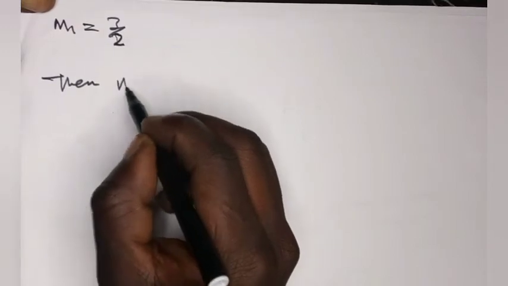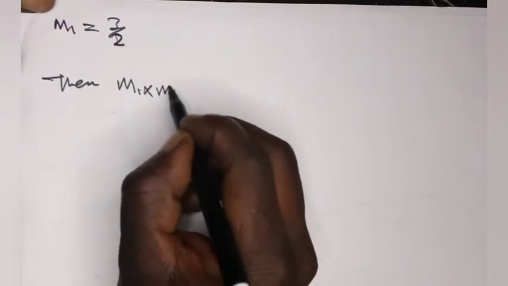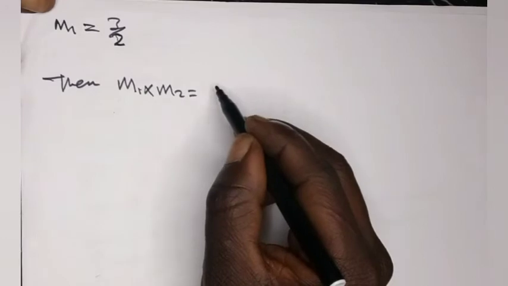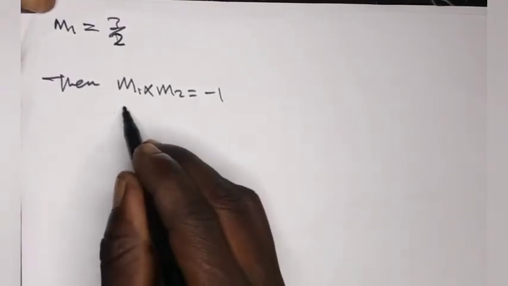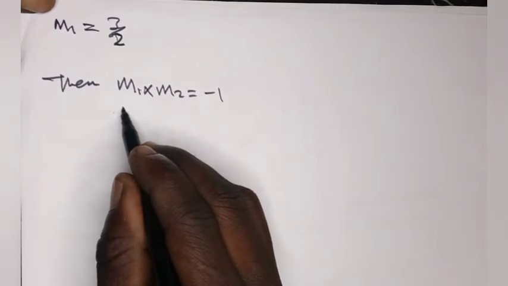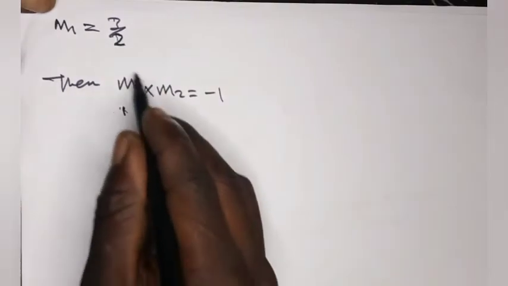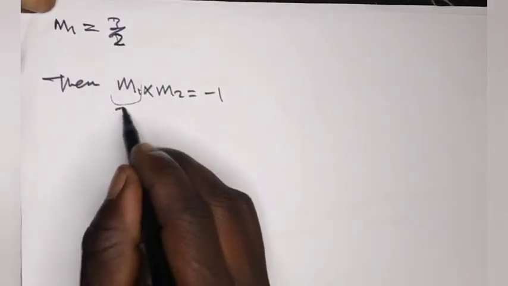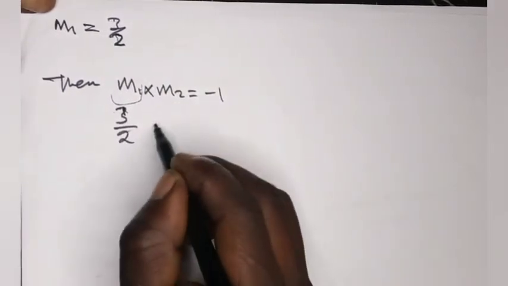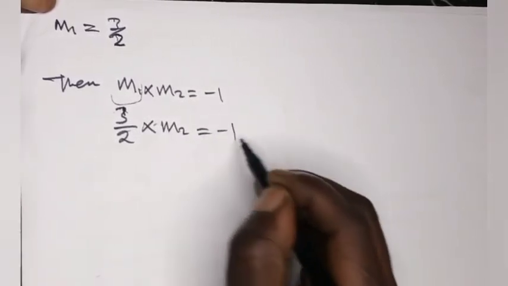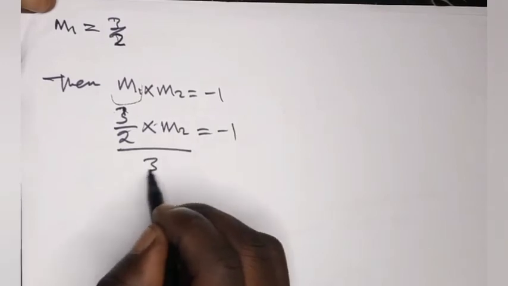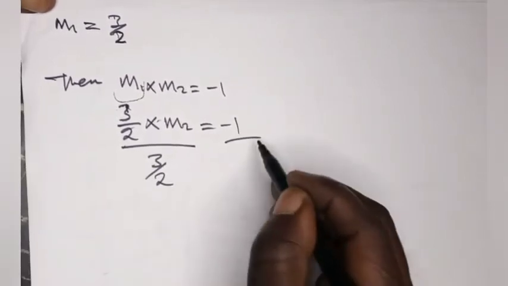Then M1 times M2 equals minus 1. Then we are going to substitute: where there is M1, we put 3 over 2. 3 over 2 times M2 equals minus 1,